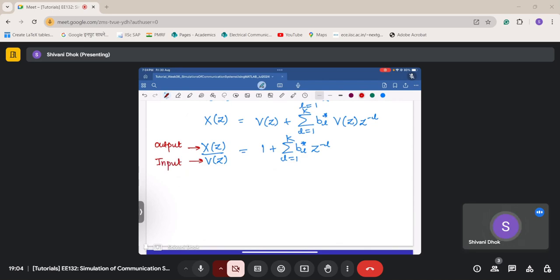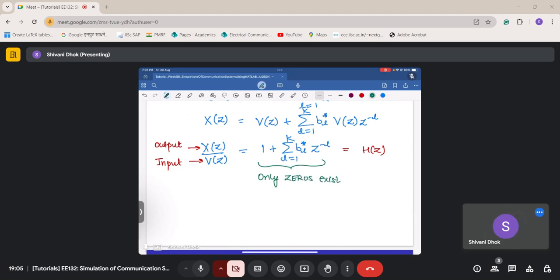Okay, so this is basically your h of z. Now if you observe, only a polynomial exists. It is not a polynomial by polynomial kind of structure. We have a polynomial only in the numerator and the denominator is only 1, which means that the concept of roots will exist only for the numerator, which means that in this equation only zeros